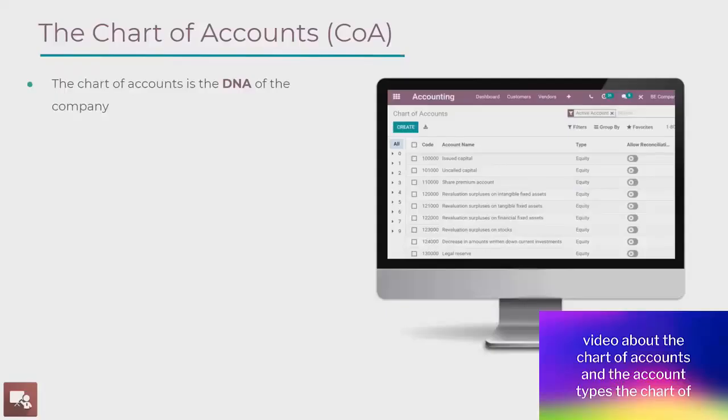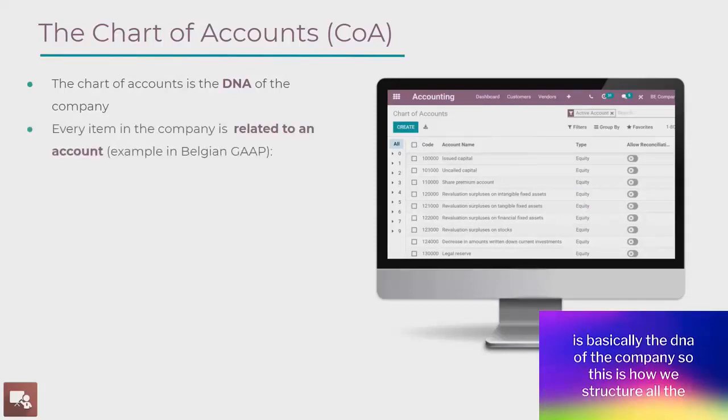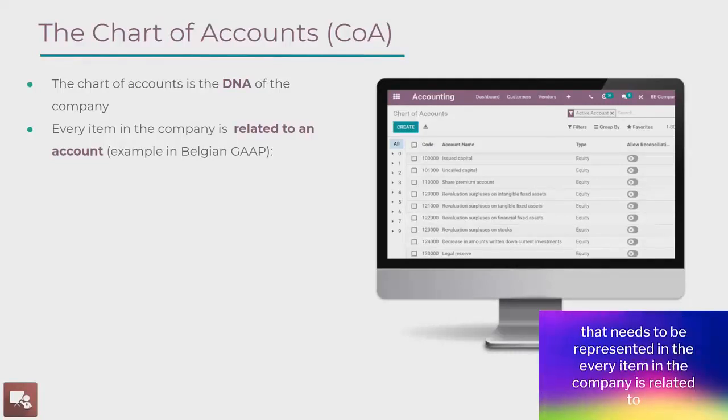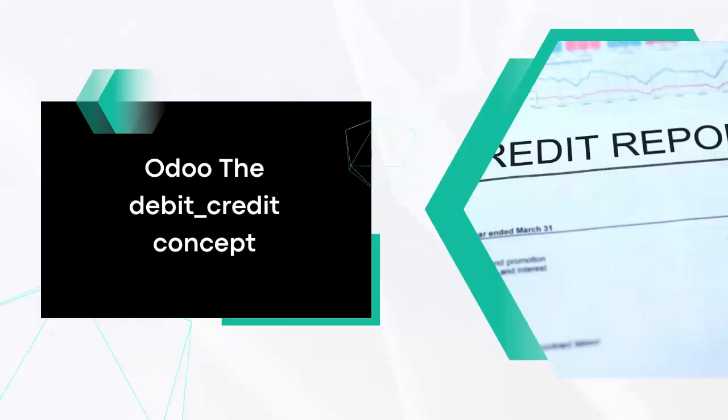video about the chart of accounts and the account types. The chart of accounts is basically the DNA of the company. So this is how we structure all that. That needs to be represented in it, since every item in the company is related to